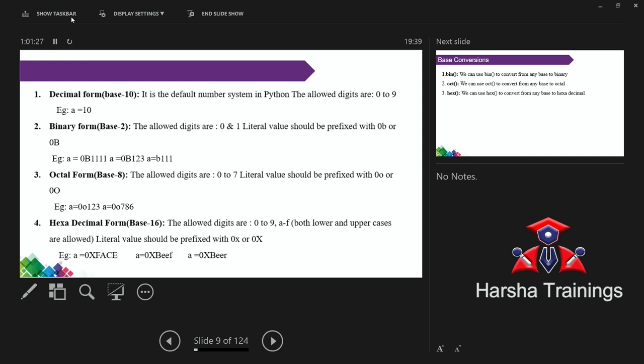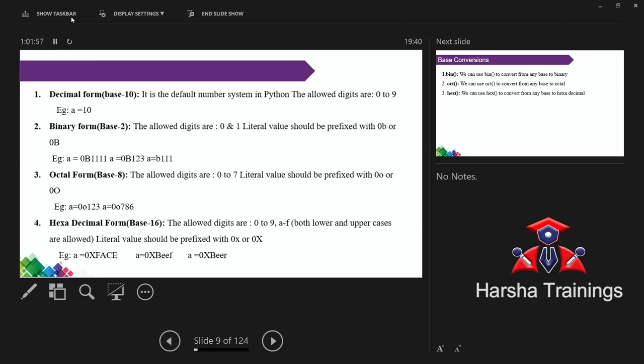Coming to hexadecimal, the base is 16, in the sense 0 to 15. If you write 15, that is 1 and 5, and again 1 becomes decimal, 5 is also decimal. That is the reason 0 to 9 decimal digits are used, and 10 to 15 are represented as A, B, C, D, E, F. You got my point? No problem, ignore that one.